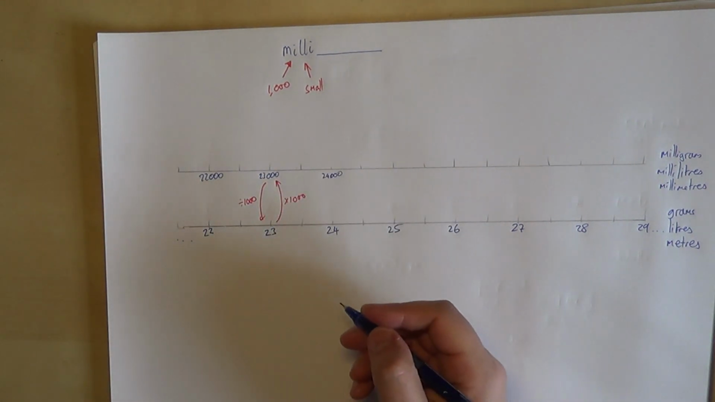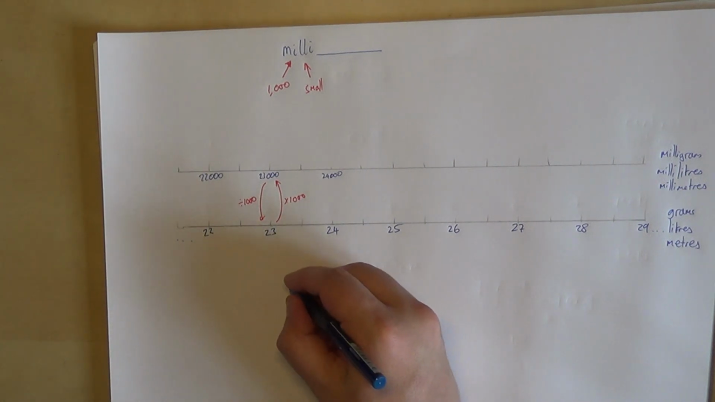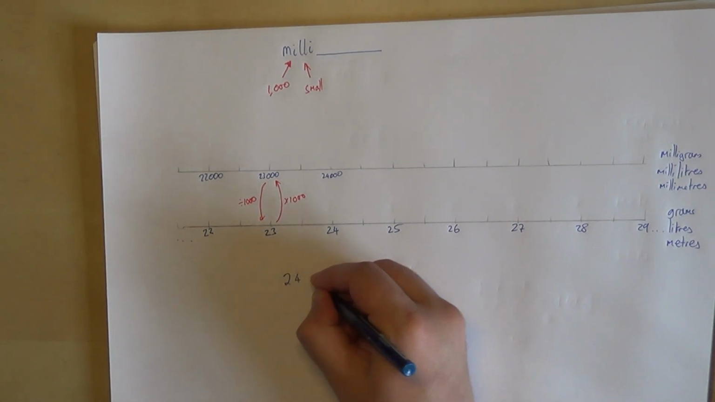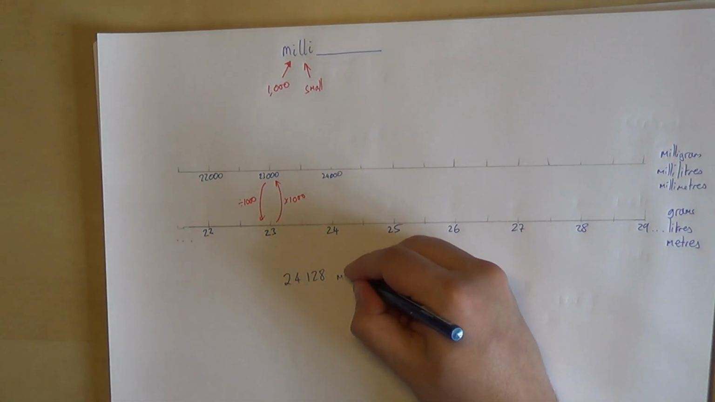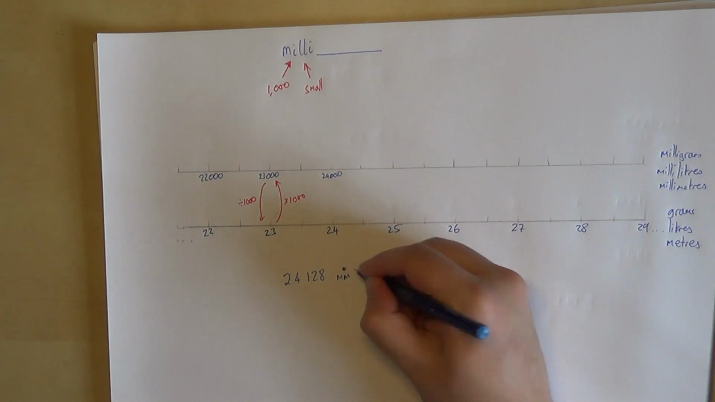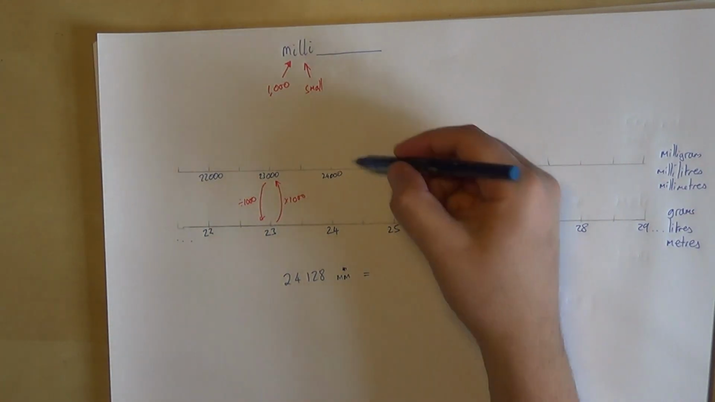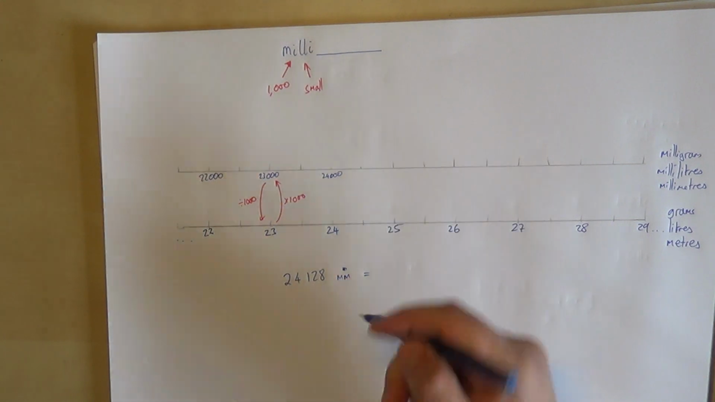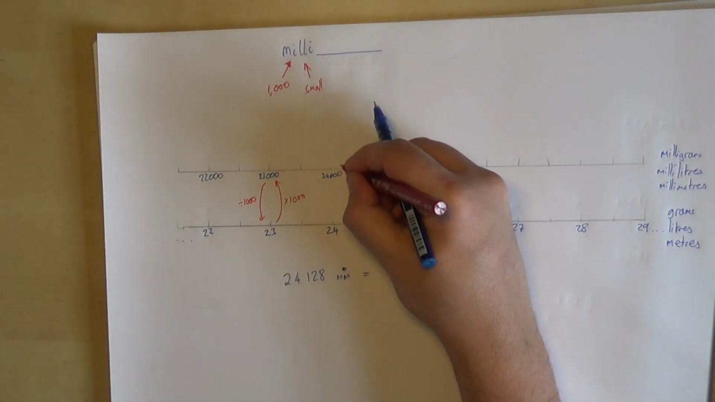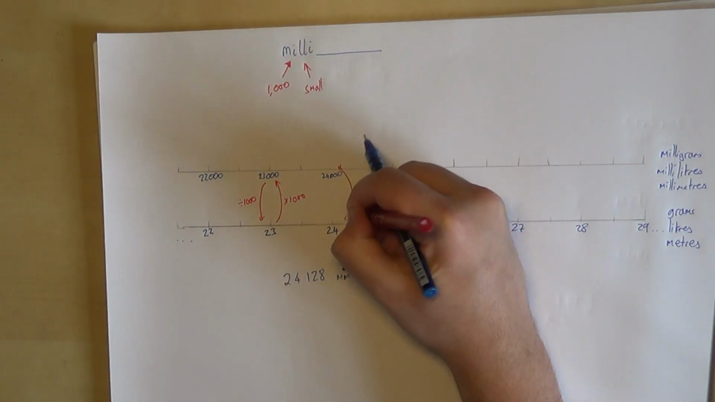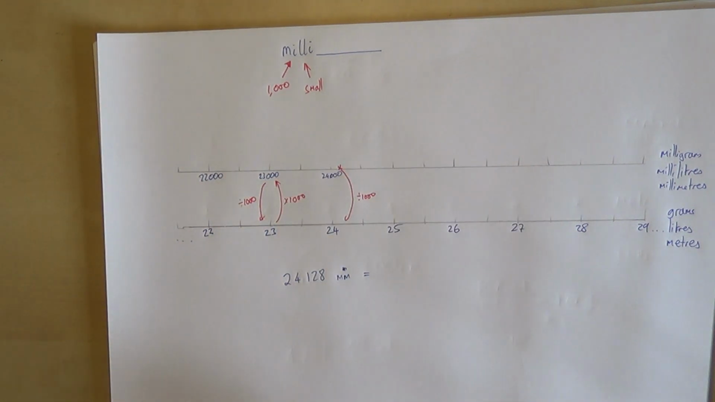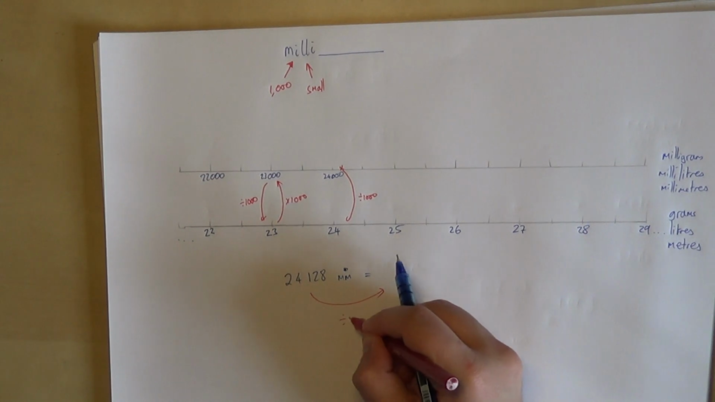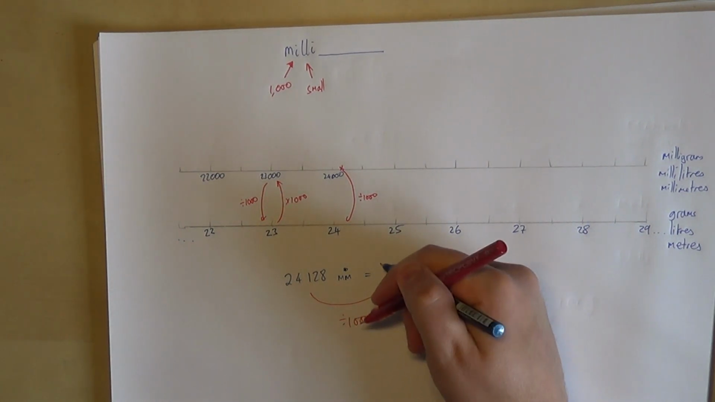So why don't we do 24,128 millimeters. So ignore that dot. We've got a large number of small things. 24,100 will be here somewhere. To come down here, the down arrow is dividing by 1,000. So if we divide that by 1,000, we get